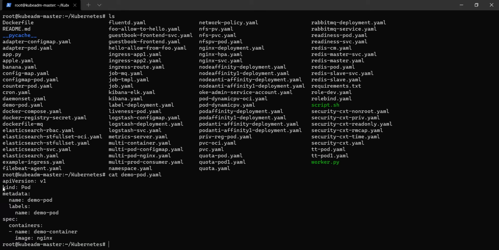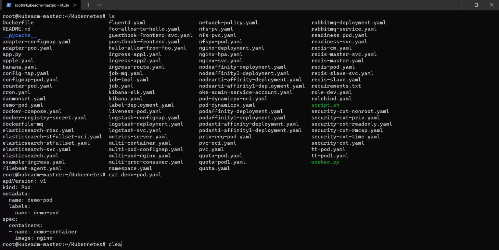As you see on the screen, there is the API version of the pod, and the kind is basically what kind of object you are going to create, then metadata. We can specify the labels, which are used so that the service can identify the pod using these labels, and then the spec. So what are the specification details for this pod? We are basically using the Nginx image here. As you see, image colon Nginx. So we are using the Nginx image.